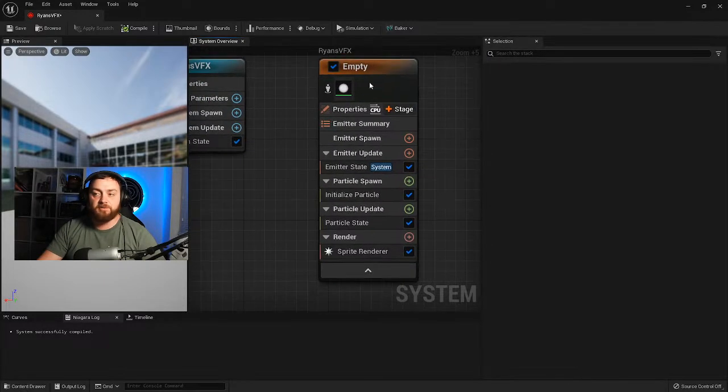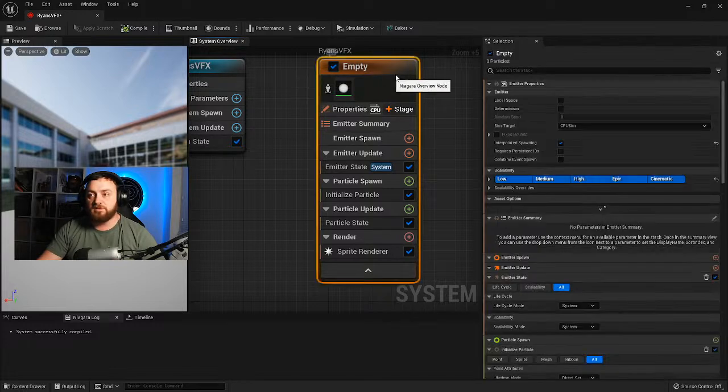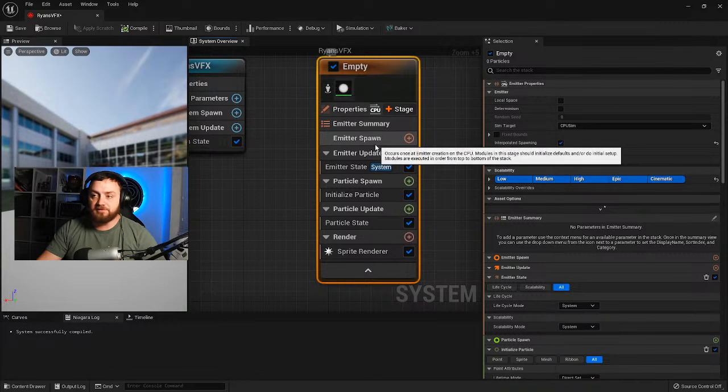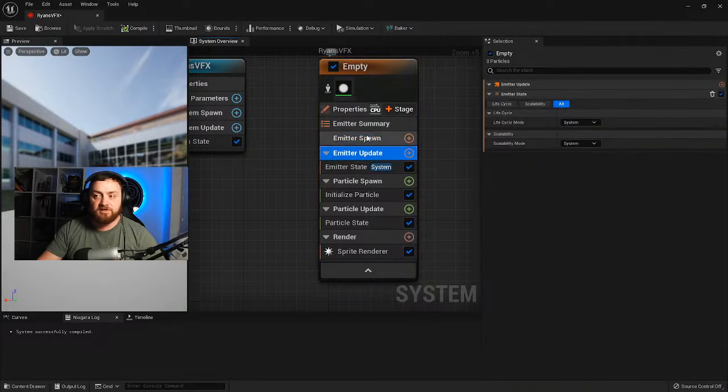Okay, so let's take a look at how we actually create a particle system. So in the emitter over here, we've got a few things we've got to worry about. We've got emitter spawn and emitter updates. These are overall emitter settings. Okay, so emitter update is probably the most important one, as this is going to determine when and how particles